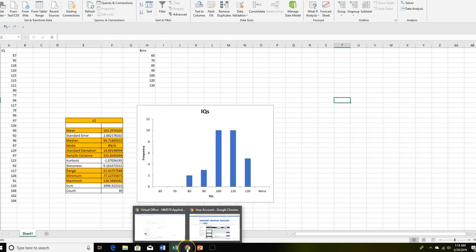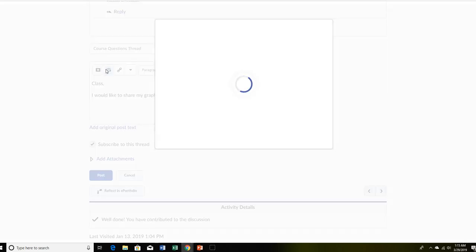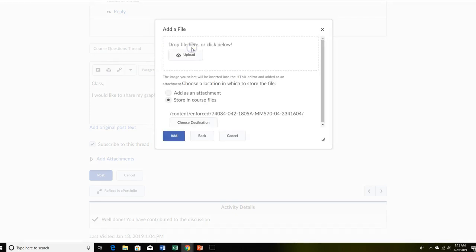into the course, to what it would typically look like. So here is a typical response box. And let's suppose you're typing something: class, I would like to share my graph and output. Then you would be ready to go right into that response box to share the snippet that you got. I'm going to click where it says insert image. I'm then going to go find the image file that I saved, so my computer, and